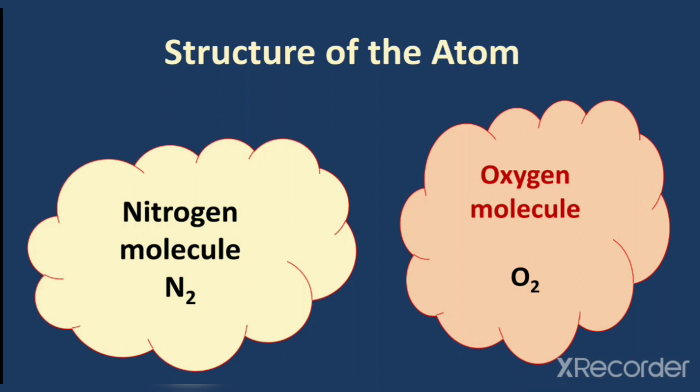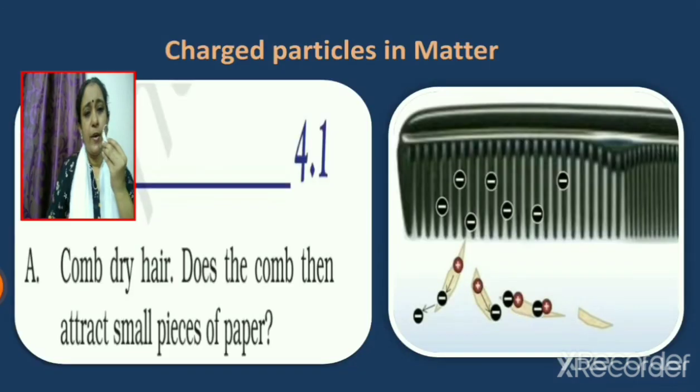So a question arises. Are atoms really indivisible? Are there smaller constituents inside the atom? So in this chapter, we will learn about the smaller constituents present inside an atom, or we shall learn about subatomic particles. To know about the existence of subatomic particles, let us now discuss an activity given in your textbook which is related to static electricity.